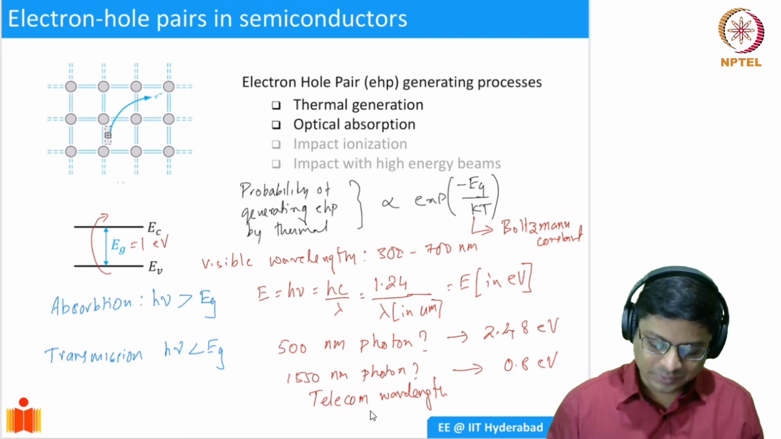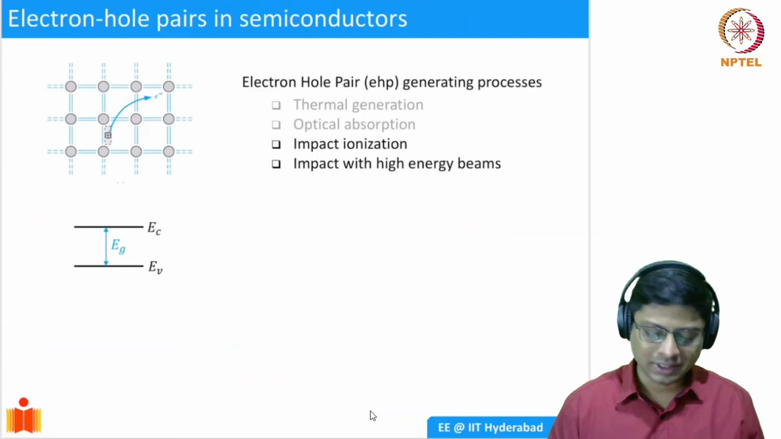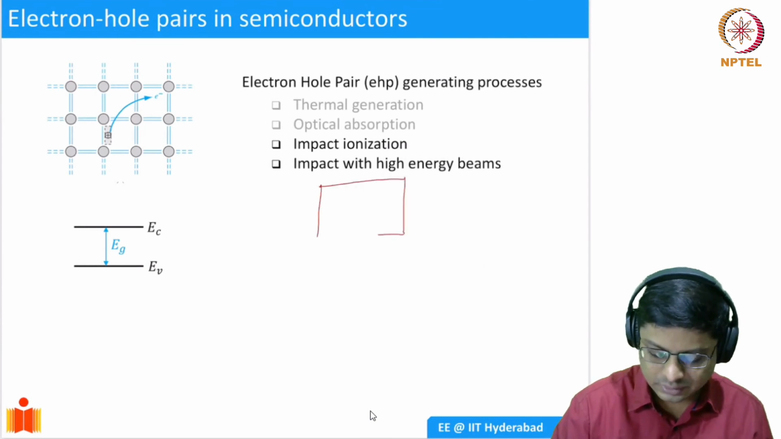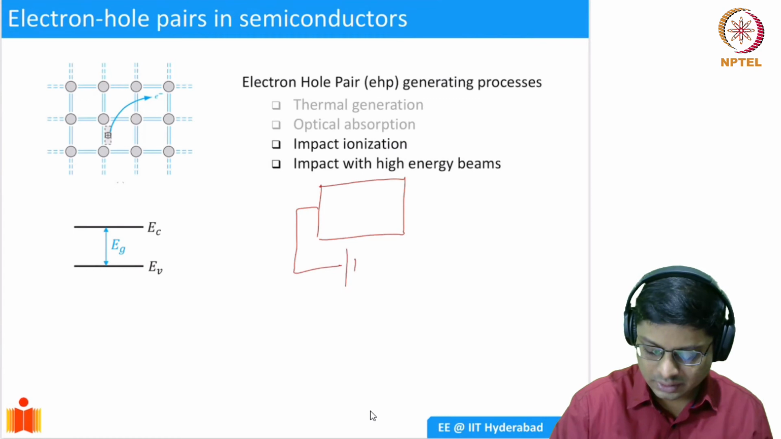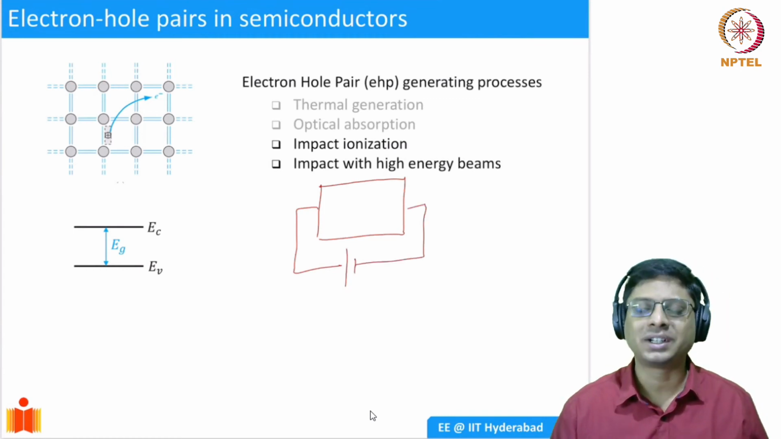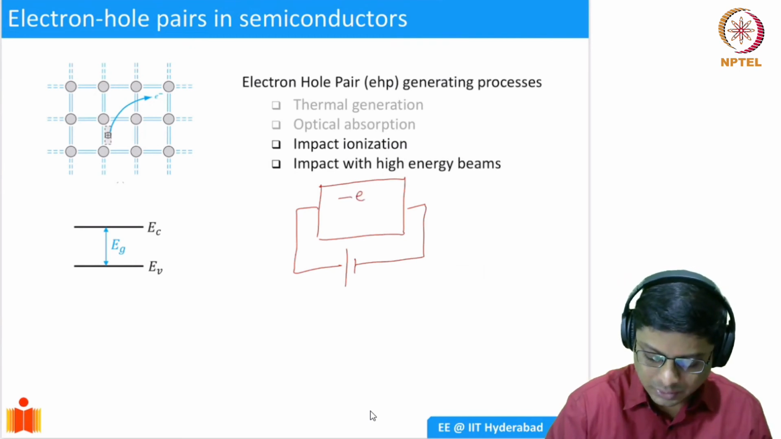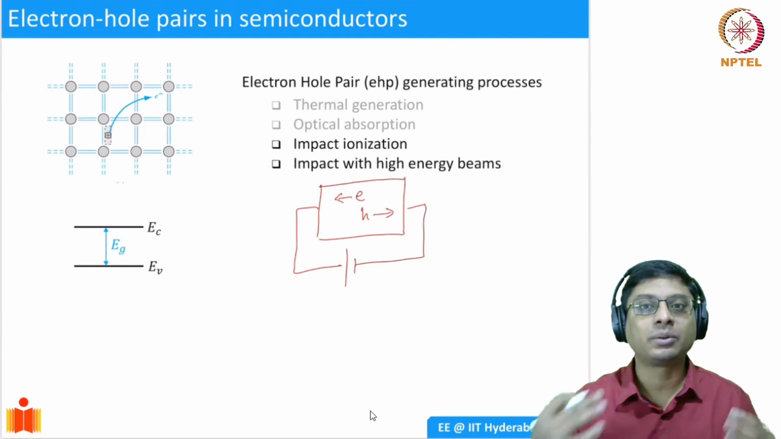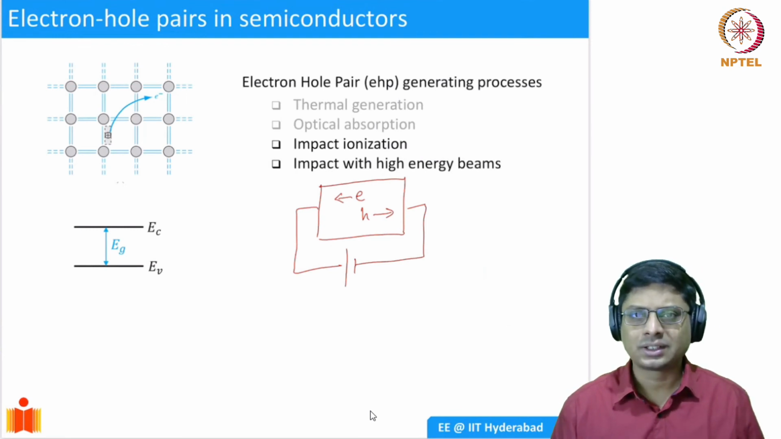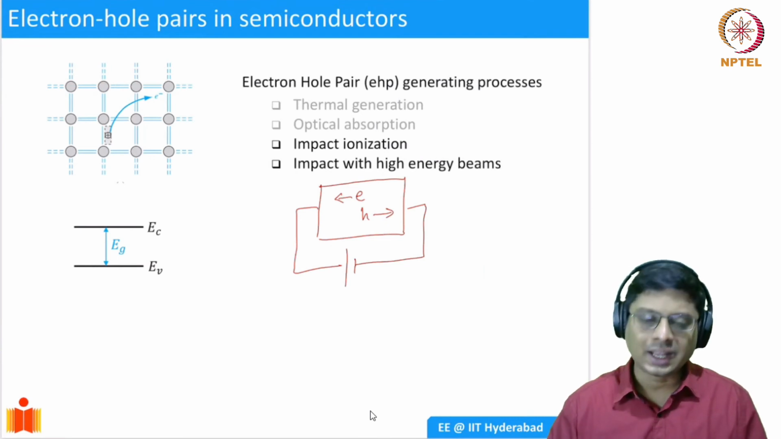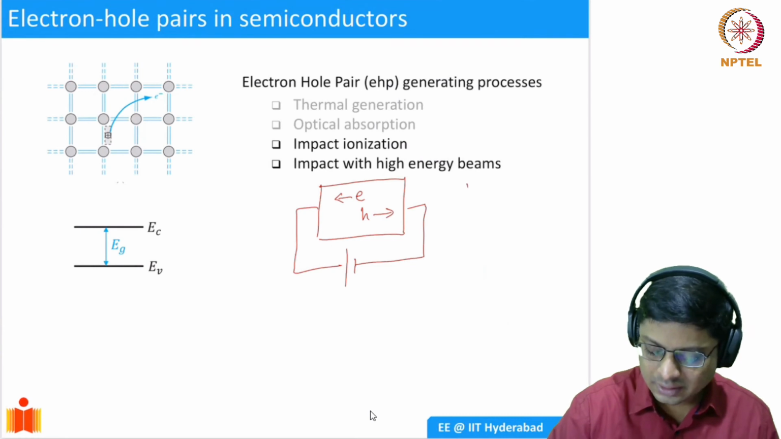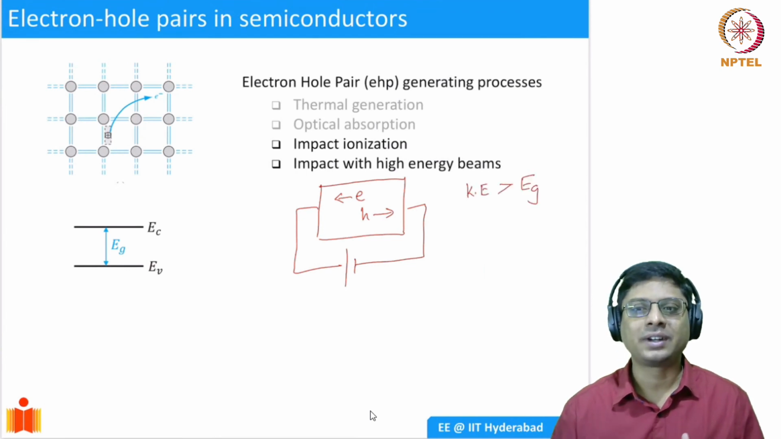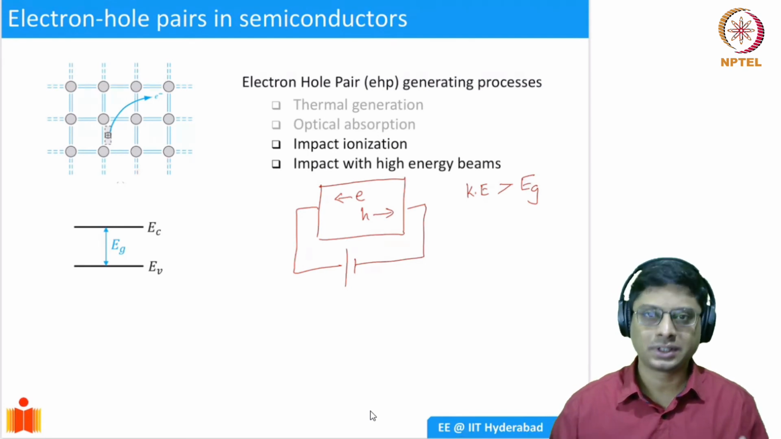I listed a couple more processes here, and those are basically impact ionization. When we say impact ionization, what we mean is, if you consider a piece of silicon, and you apply a voltage, what happens? Assume that it's at room temperature. Then electrons will go towards the positive terminal, holes will go to the negative terminal. So the battery is causing the electrons to move and they acquire kinetic energy. Kinetic energy is basically proportional to velocity. Now, as they move, if the kinetic energy is greater than Eg, what happens? If the electron has acquired a large enough kinetic energy that it is above Eg, the band gap,